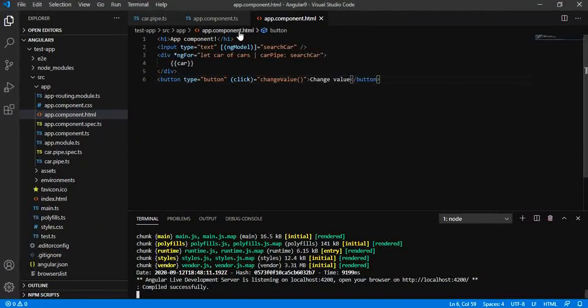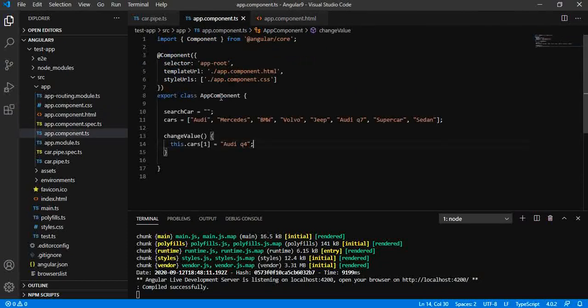So what we have discussed earlier is that a pure change is either a change to a primitive input like a string input or number input, or any other primitive inputs, or a change in object reference.